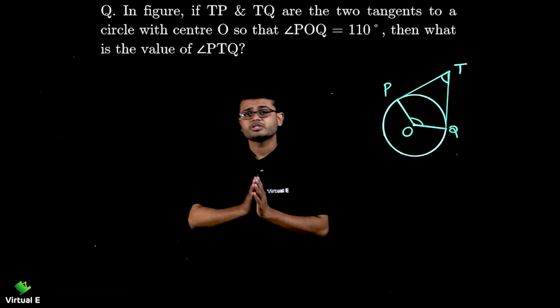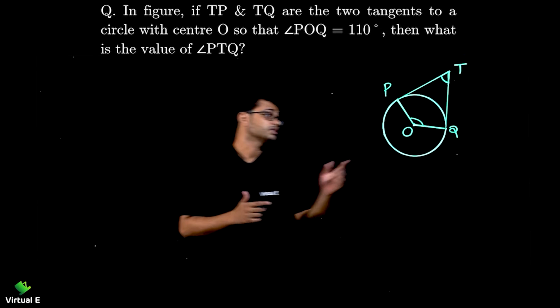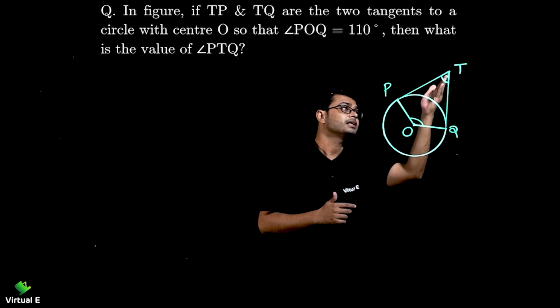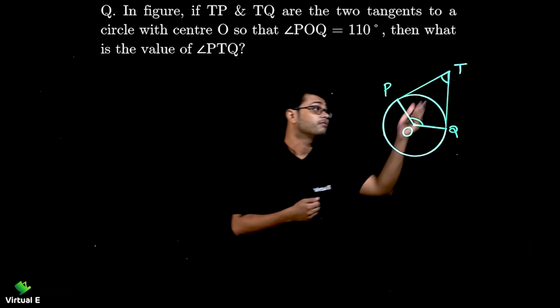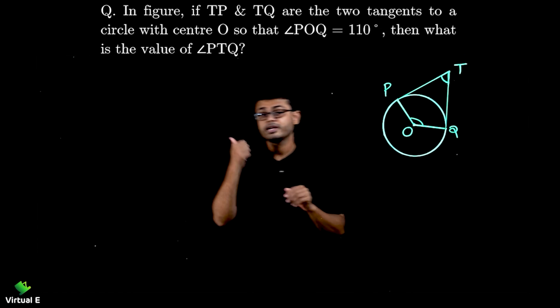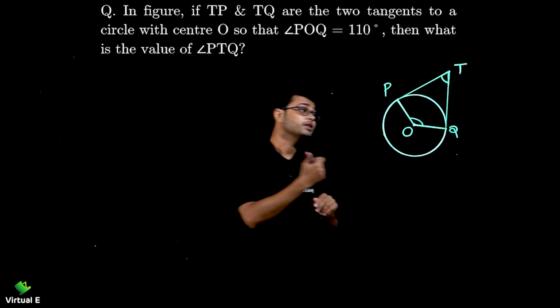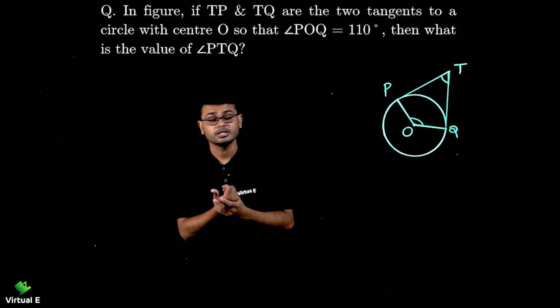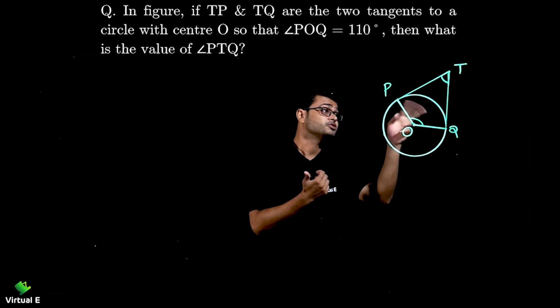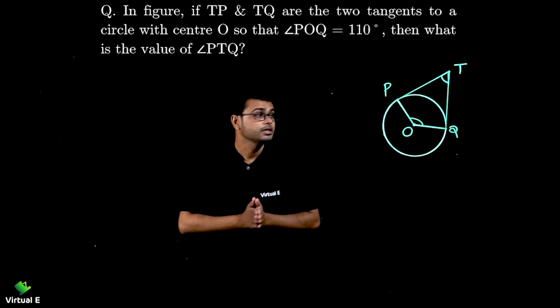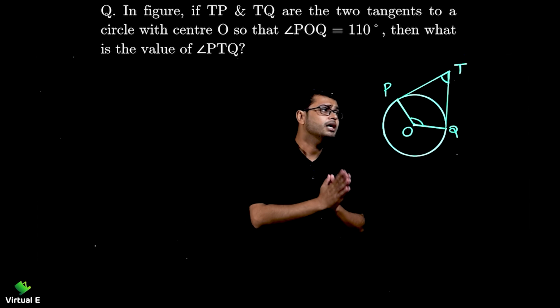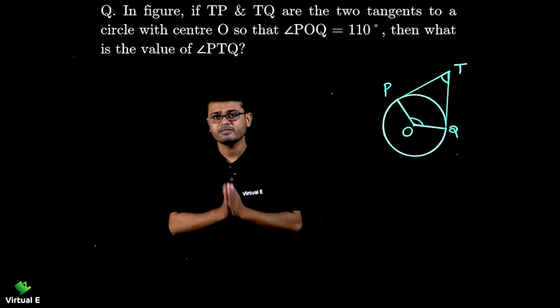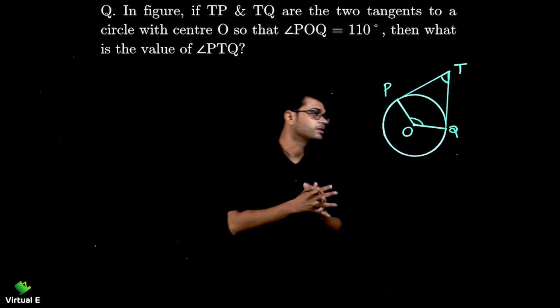We can use the knowledge of triangles here, because if we just join O and T like we did in the previous case, we can have two triangles. We can use the knowledge of circles as well, the tangent relation, the 90 degree one, and that tangents are equal. You can use as many properties and theorems as you know so far. Let's start first of all.